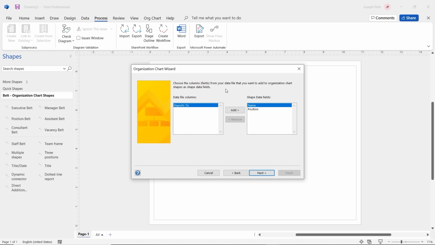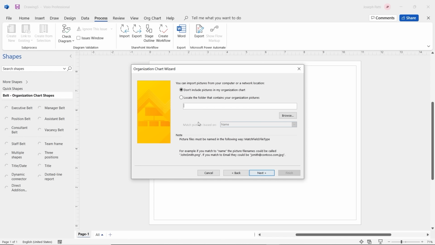It's going to ask me for the data file that you want to add to the org charts. Once again, same thing. I want the shape data to be the name and position. I actually want the connectors to be reports to. So I'll click Next. If you had any pictures of all of these employees, you could include the pictures, and